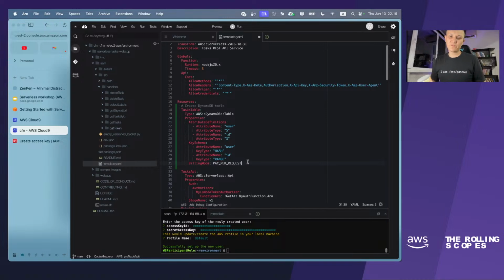But in case of provisioned, you have to be sure that you will have this workload, because you will pay for it. You guarantee that you will pay for it. And if you deploy some small database which will not have a lot of queries within it, it would be better to use pay per request.